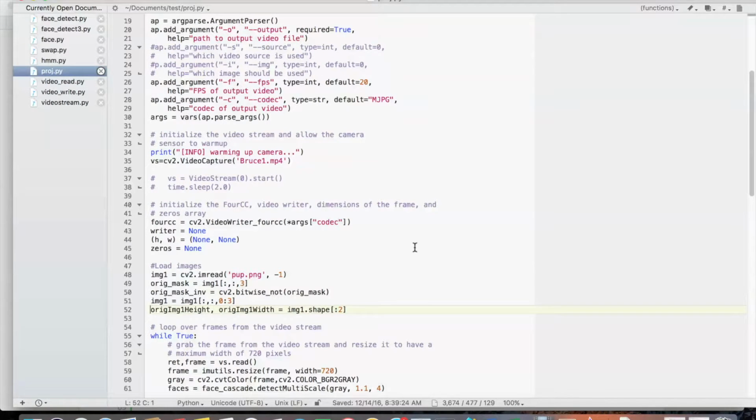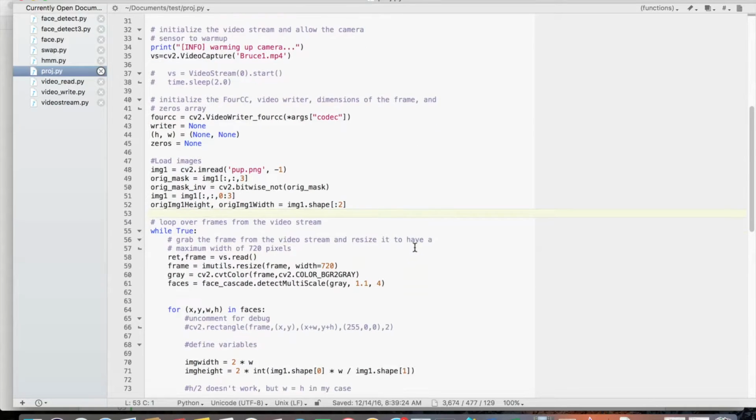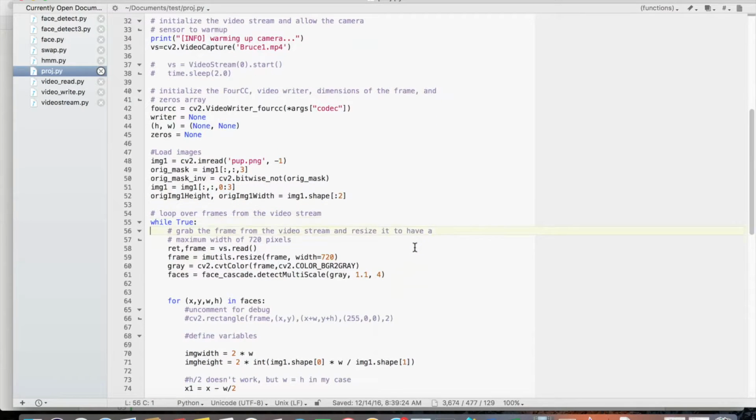It's not too hard. And then we get into reading the actual frames. So we'll just call this frame 1. We're going to resize it to a width of 720 so that it's not too big, not too small. It's kind of consistent. Then we're going to turn it into a grayscale,